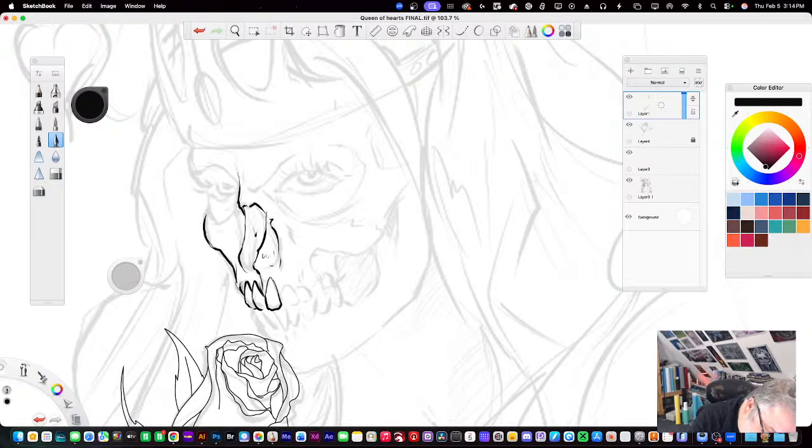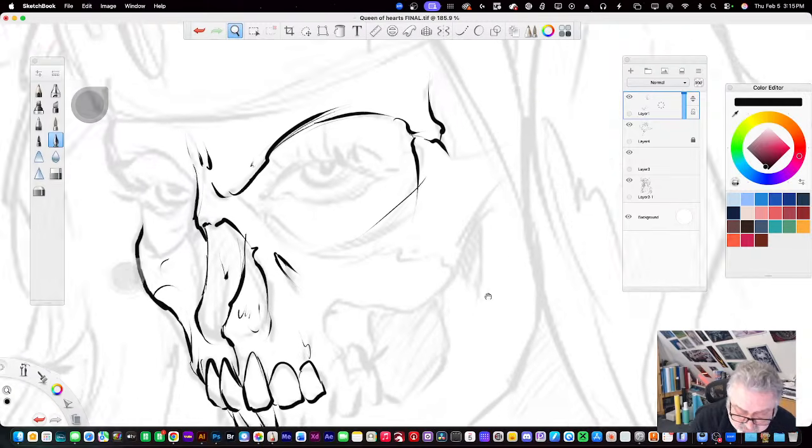I'm still trying to keep it feminine, but I want some skin, I don't want a full skull, and I don't want to do a Day of the Dead sugar skull, really. I want a little bit of both. So just kind of roughing it. Again, this is not a finished one, but it's enough. I could paint from the rough. But a lot of times, especially if I decide to make this into a vector, I like to refine it a little more. All right, let's get that eye. I'm going to zoom in.